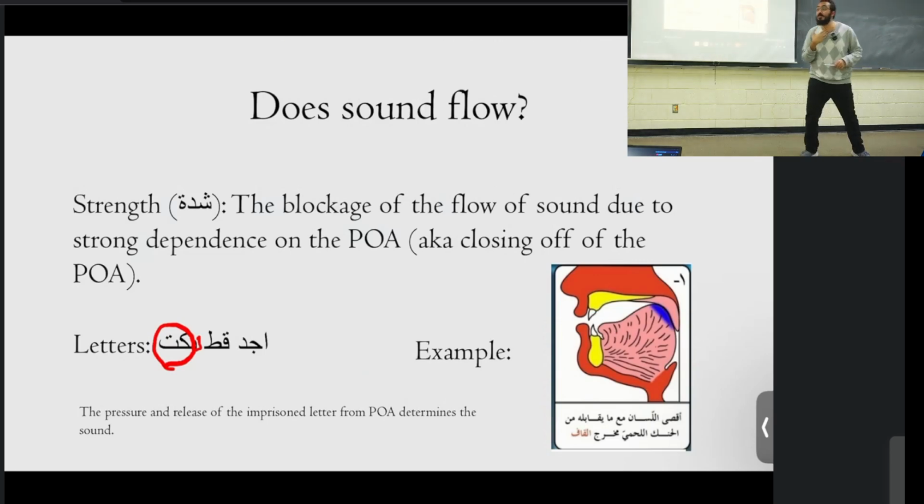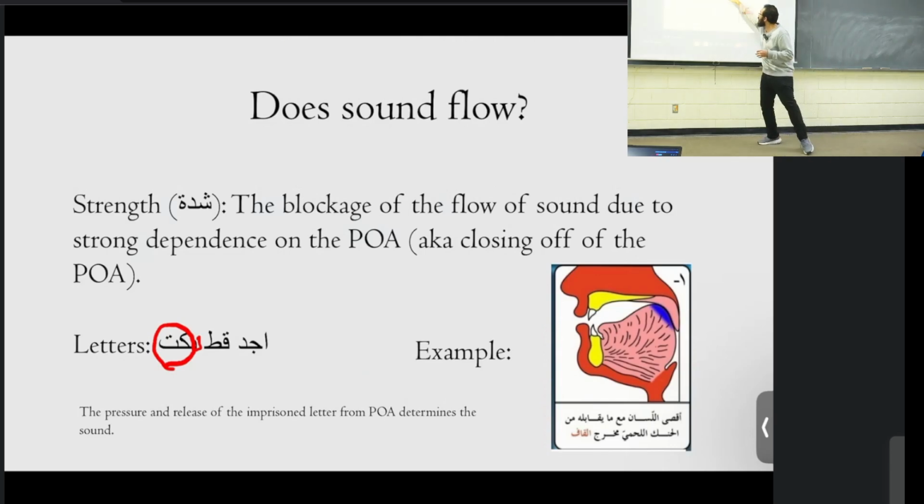So when we said kaf, we said ak. Air flows with the kaf. That's what we said last time. Now, when I'm talking about does sound flow, kaf blocks ak, and the makhraj gets completely closed like the qaf. How does a letter have air flowing and sound not flowing? We talked about it last time, but who remembers?